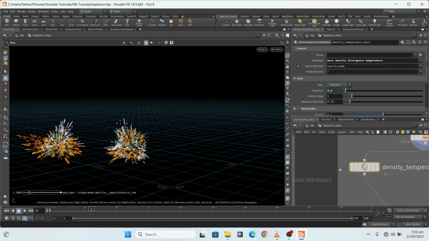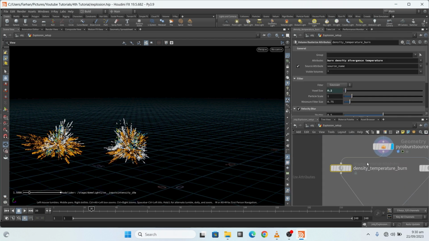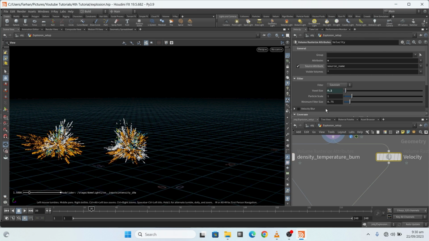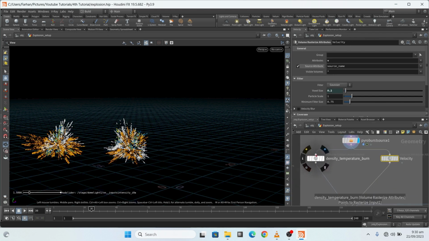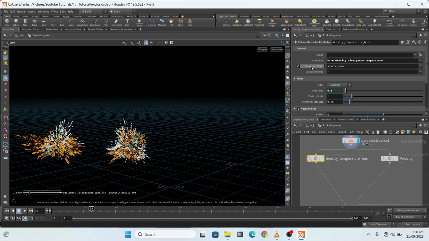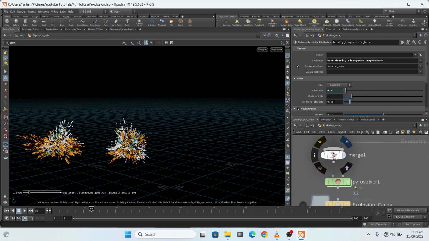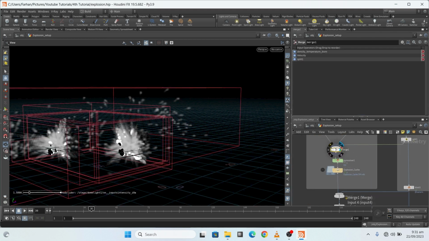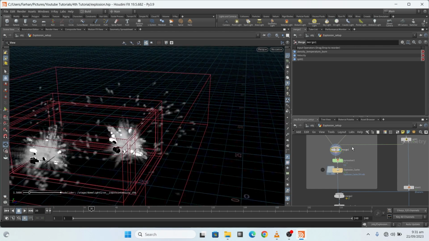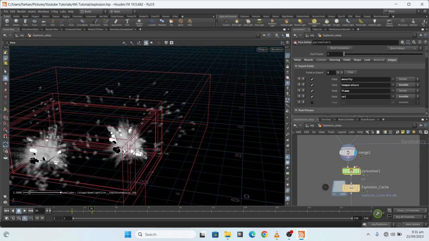Then I add a volume rasterize attribute node, and here burn, density, divergence and temperature, I separate these from the velocity, and it is my velocity, okay. Make sure to check source attribute for this, okay. Then here I merge it, and okay, then I add a Pyro solver,